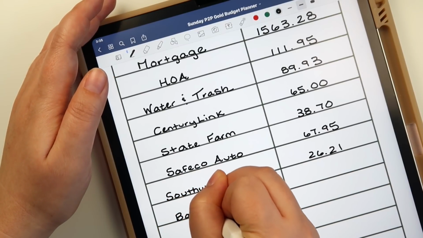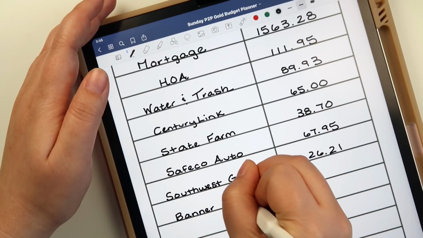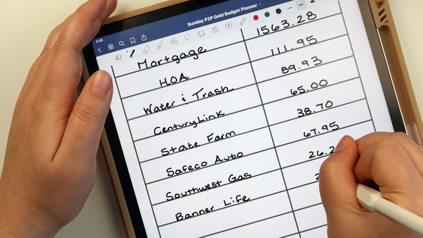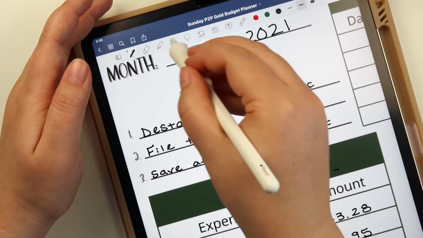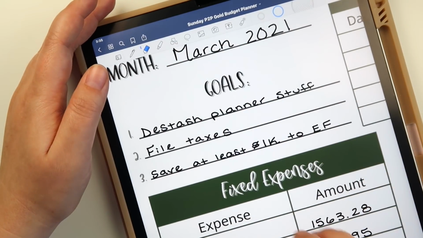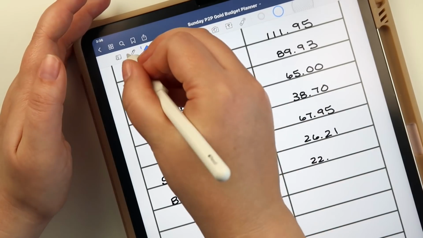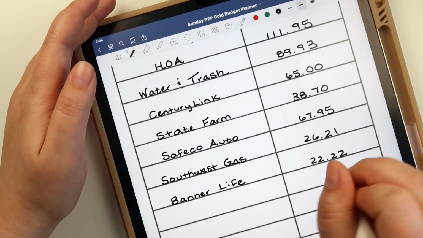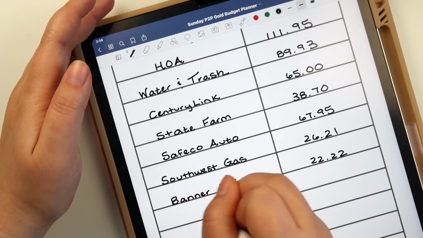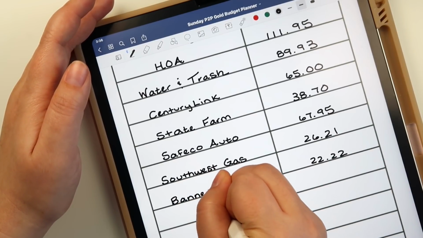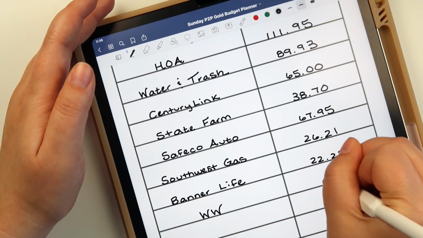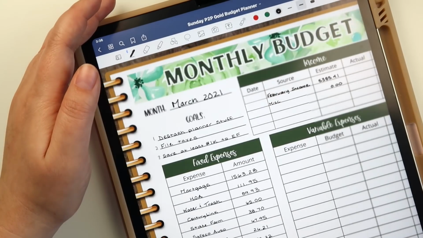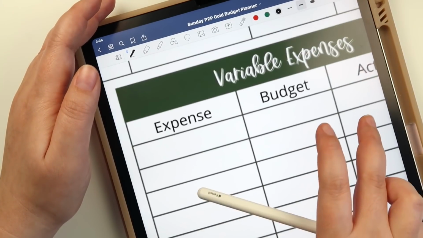Banner Life Insurance. State Farm is Andrew's. I don't know if I said that was mine, but State Farm is Andrew's, Banner Life is mine. Whoops. I don't know why that just jumped. So $22.22. And then we've got WW, which is Weight Watchers, and I'm on a promo with them, so I actually don't have a bill until April, so that is $0. And then for variable expenses,